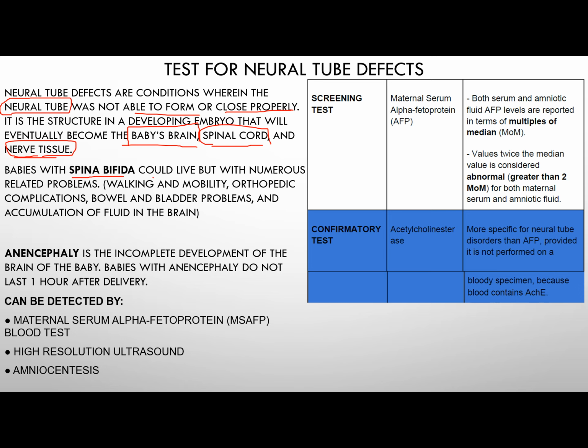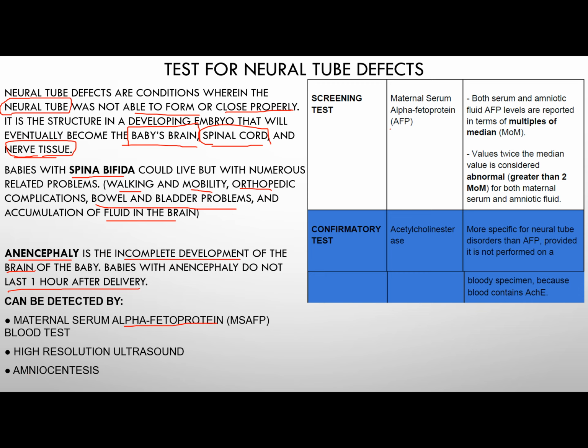Babies with spina bifida could live but with numerous related problems such as walking and mobility, orthopedic complications, bowel and bladder problems, and accumulation of fluid in the brain. Then another neural tube defect is known as anencephaly, the incomplete development of the brain of the baby. Normally, they do not last 1 hour after delivery. They could be detected by maternal serum alpha fetoprotein, high resolution ultrasound, and via